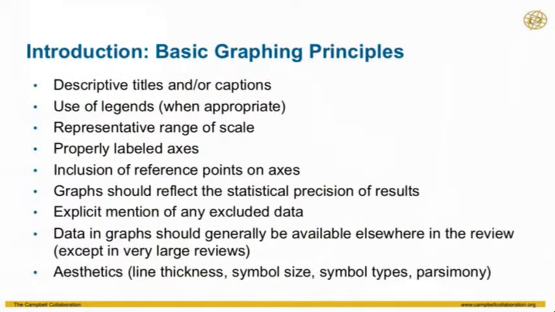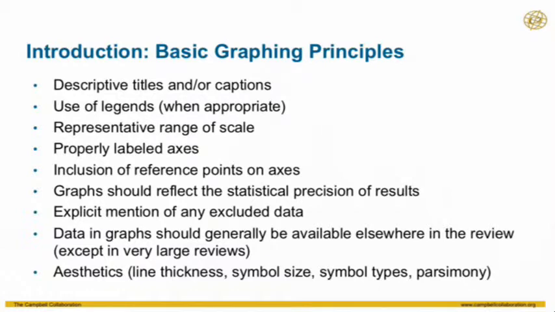Now, for a meta-analysis graph, it is important for you to always explicitly mention if you've excluded data from those results, again in the interest of transparency and replicability, just to be clear about any studies that you may have omitted for whatever reason. So perhaps if you've excluded an outlier, make sure that you've got that